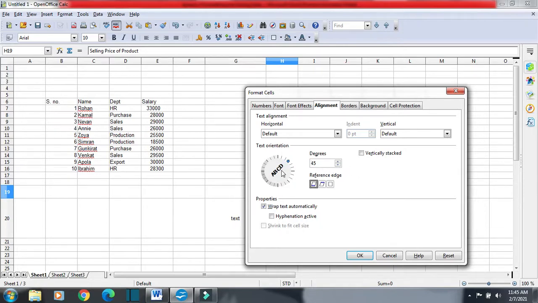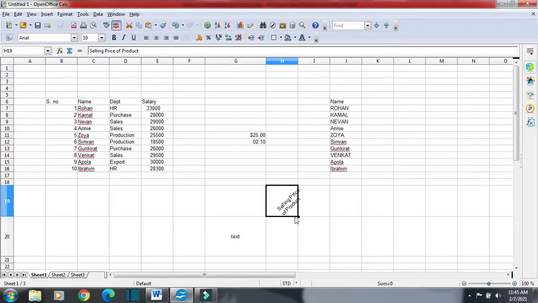I can do this using this option also. I can change the angle from here, or I can just click on the dial. Suppose I want to go for 45, so I have just clicked on 45 here, or I can change it from here and then click OK. You can see the text orientation is now 45 degrees.